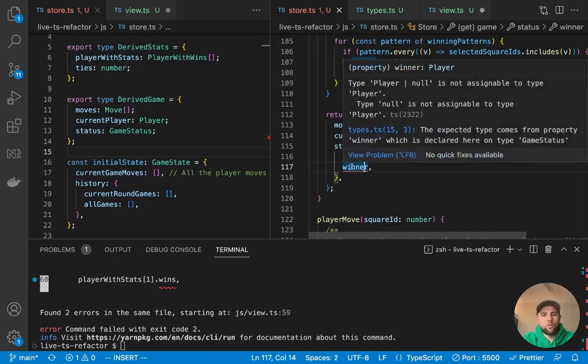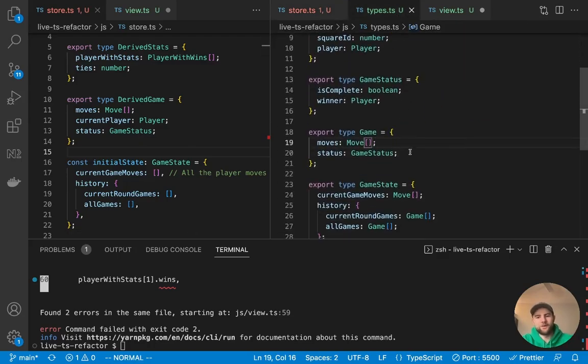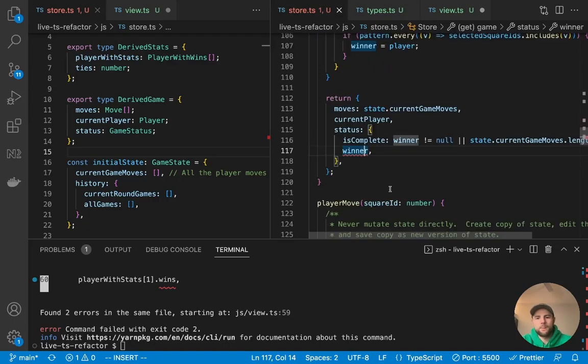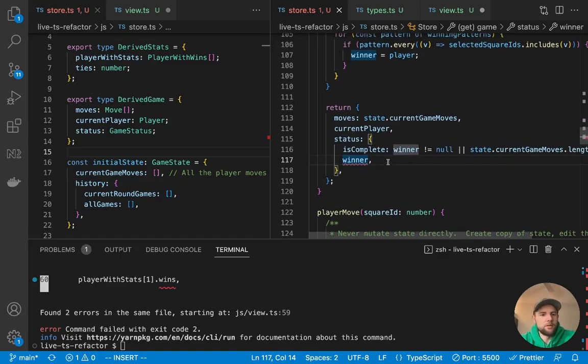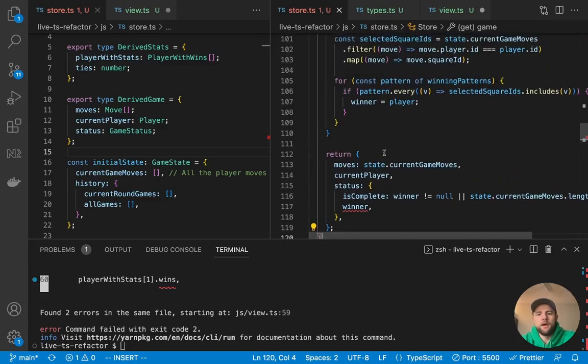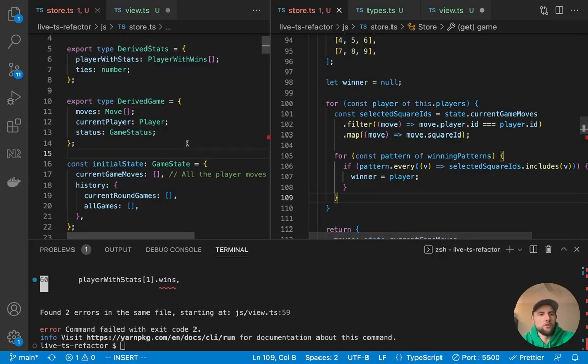And you can see winner is not correct here because I think we have a mismatch. I think I pointed this out earlier, but I don't know. Let's see. So explicitly typing this actually exposed, I believe, a little problem here. It says player or null is not assignable to type player. So we're allowing the winner to be equal to null.